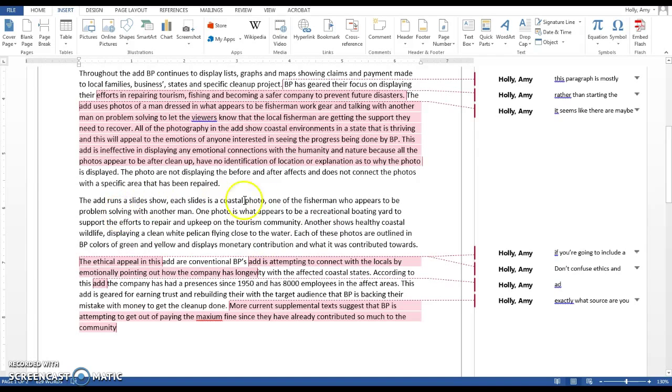This is all summary. And so I think in your head, maybe you can see how these are contributing to the rhetoric of the ad, but you're not saying that here. And so you'd really need to come right out and say, the ad uses strong images to appeal to the emotions of the audience. And then even further, as you're describing it with these examples, show what that emotional effect